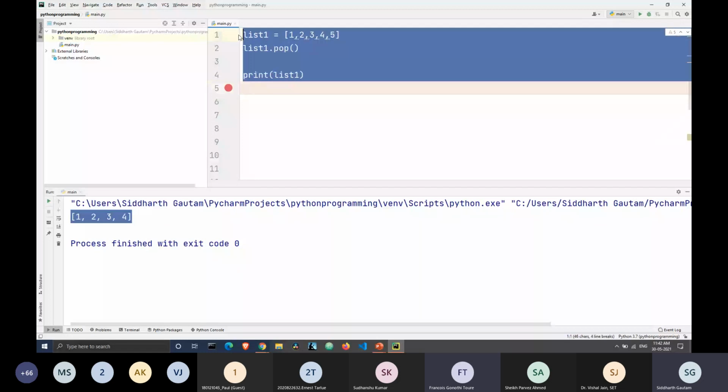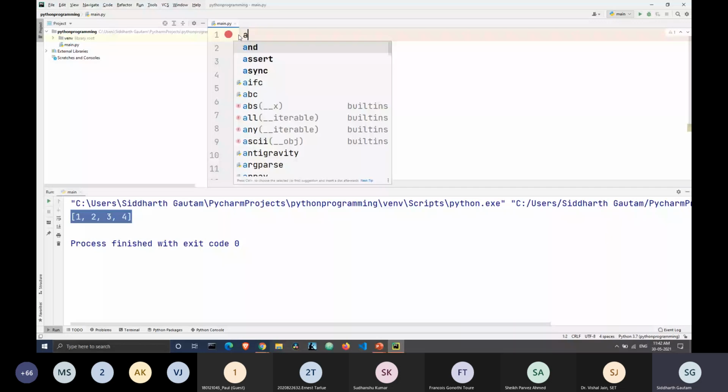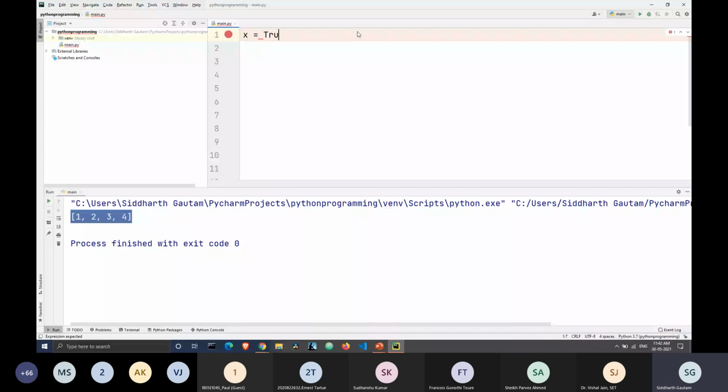Okay. So the question is: let's take a condition of a while loop which does not depend on numerical data. Let's first declare a variable, say x, and set its value to true. This is a Boolean variable. Then we declare a while loop: while x. As long as the value of x stays true, this while loop will get executed. Inside this while loop, let's say we take some input from a user.